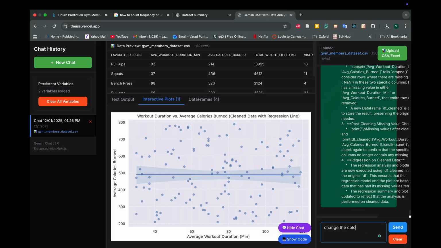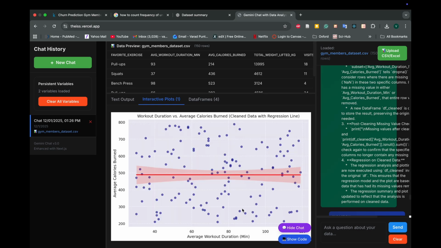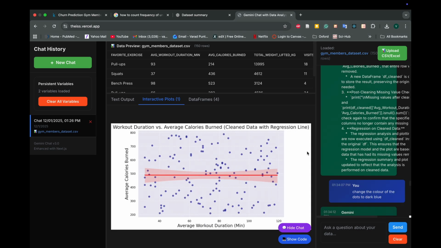Apparently, it doesn't matter how long you work for, the association is all over the place. So there's no clear trend line you can see over here. But you can also ask it to modify this graph. As you can see, I've asked it to make the dots a deeper blue. It has done that change, and it's also changed the color of the trend line to red. And you can do a lot of different